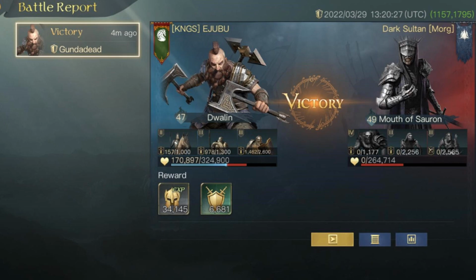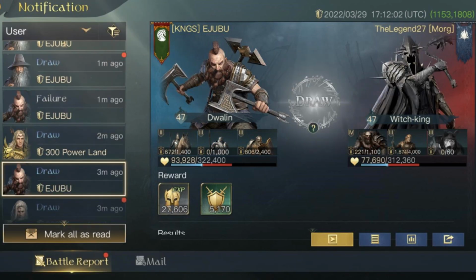As you can see, guys, now with Dwalin versus Mouth of Sauron, a level 49. Keep in mind, this is when Dwalin was level 47. As you can see, we had an amazing hit here with all these tier 4 he had. We still had our anti-burn resistant setup here. And this wasn't even with our physical setup, which would have absolutely minced me, which we'll look at a little bit later. And the last one for you guys, as you can see, is the Witch King,